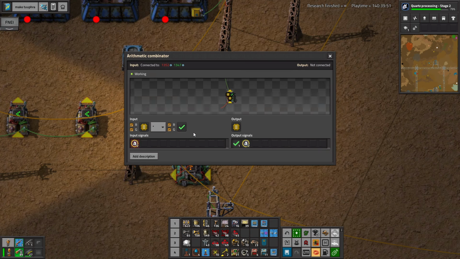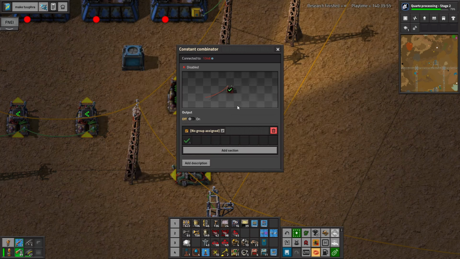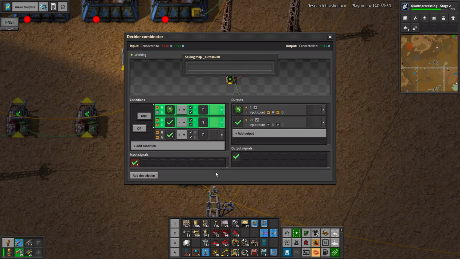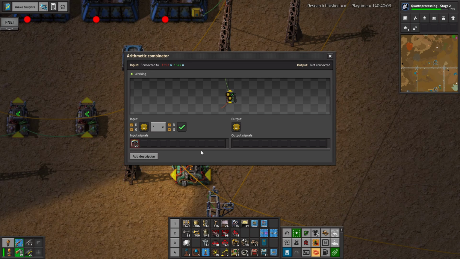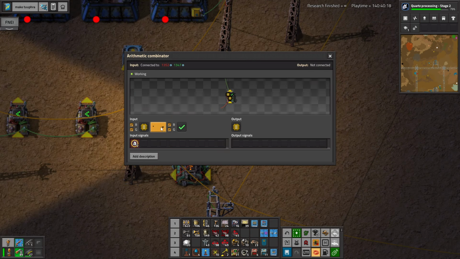So when it's... we need a baseline of 1. Okay, we're getting there. So there's a baseline of 1. But then the check signal... See, the problem is it sees anything greater than 0 and the check signal...